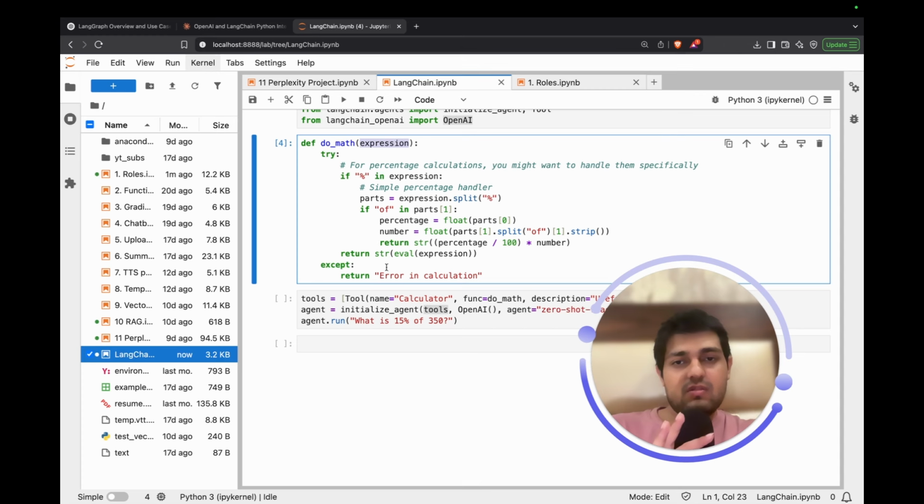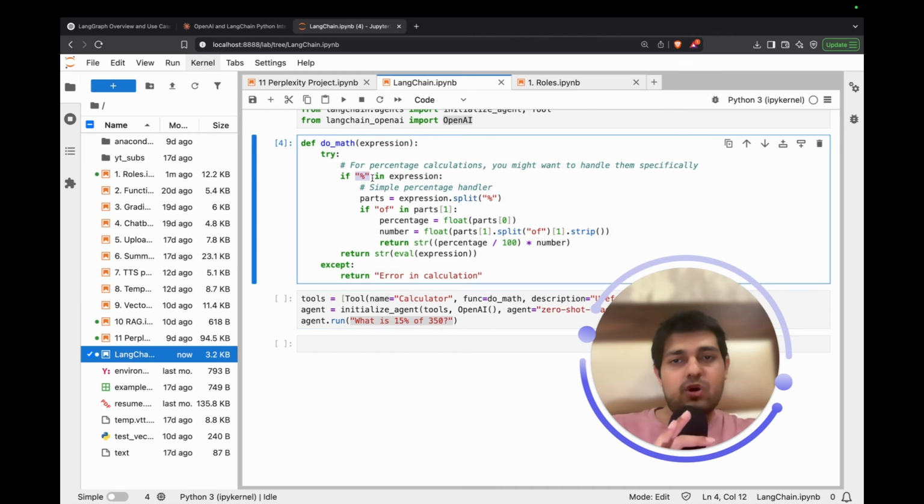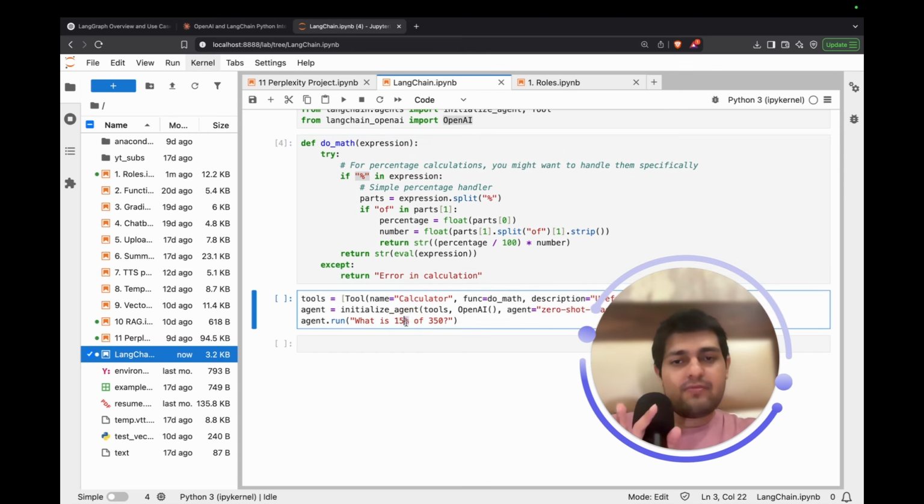You'll get the expression, and if percentage in expression, so what you are doing here is just finding if it has a percentage in your string, in your prompt, and if it has a percentage in your prompt, then split the prompt on the left side and right side of this